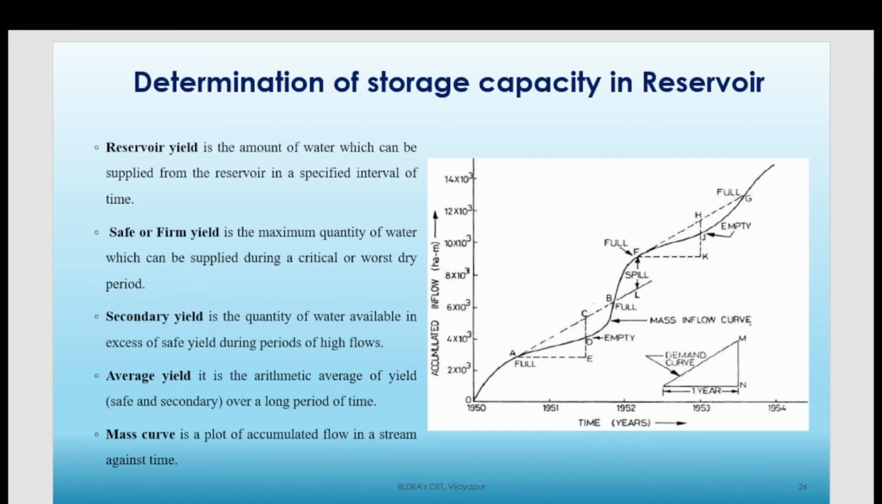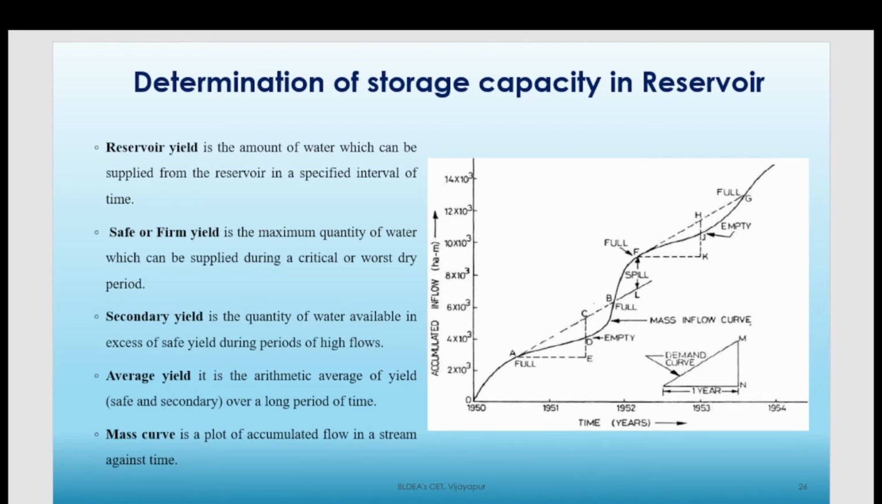Okay, when there is a high flow of water beyond the safe yield, the amount of water that is available to supply water will be called the secondary yield. Average yield is basically the arithmetic average of safe and secondary yield. Now, after understanding all these terms: reservoir yield, safe yield or firm yield, secondary yield, average yield, we'll try